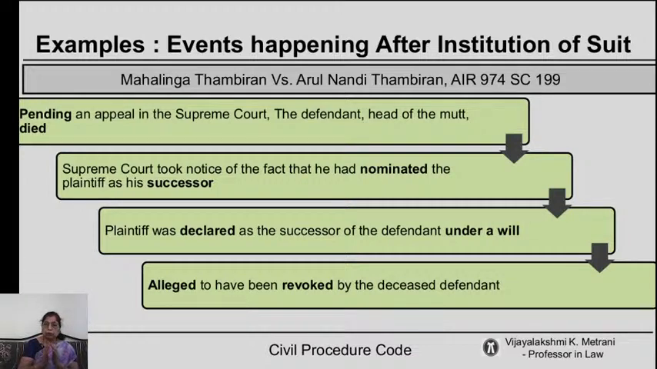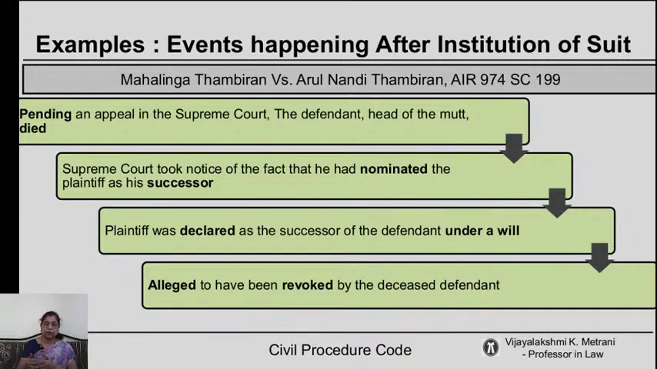So then the Supreme Court takes notice that the will is there, and in that will he has already declared the plaintiff as the successor of the defendant, and that will comes into force after his death. So his death takes place while the suit is pending. So the other events which he has stated do not have any importance at all, because under the will